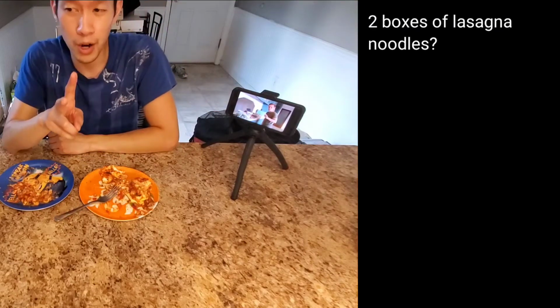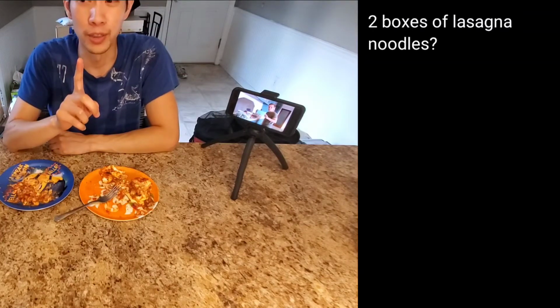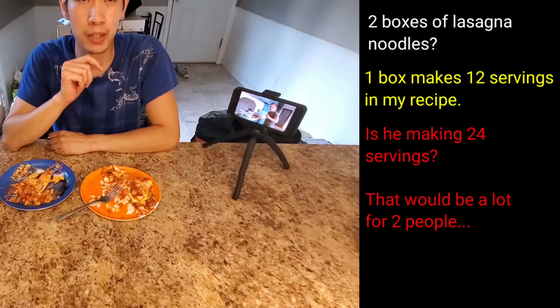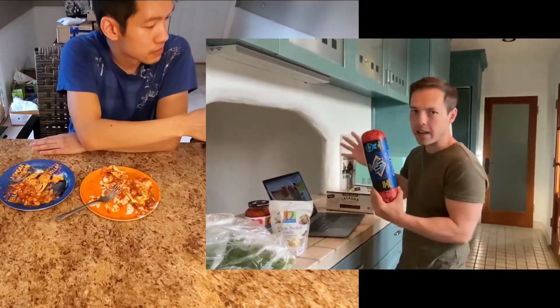So he has 2 boxes of lasagna noodles. How much is he planning to make? I only bought 1. That makes enough for 12 servings. So is he trying to make enough for 24 servings? So it looks like she cooks the beef on the stove. So she cooks everything first and then...